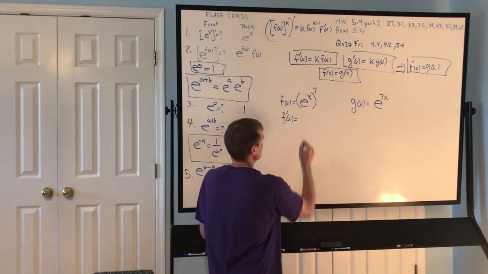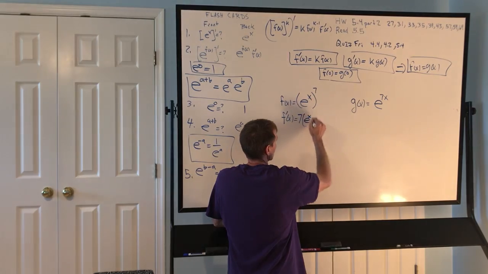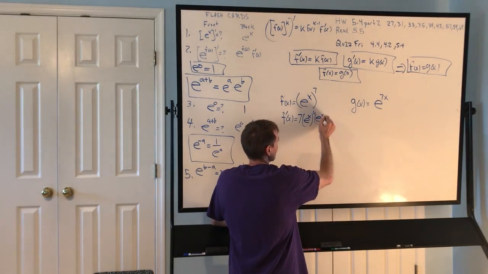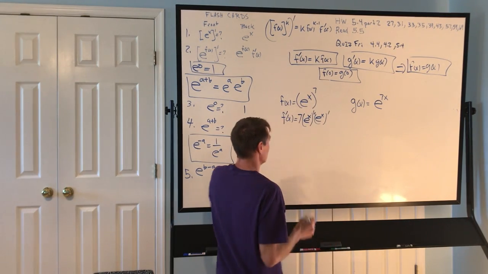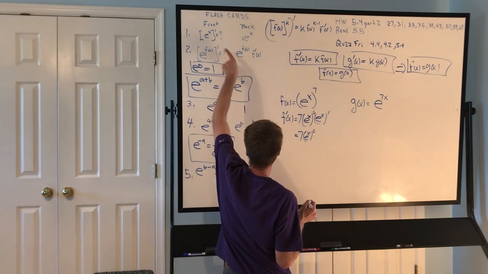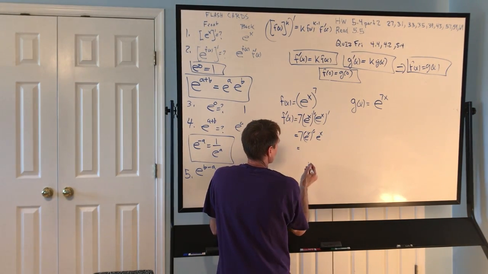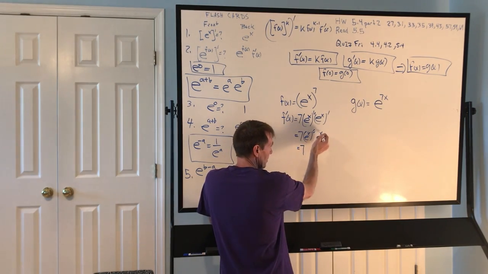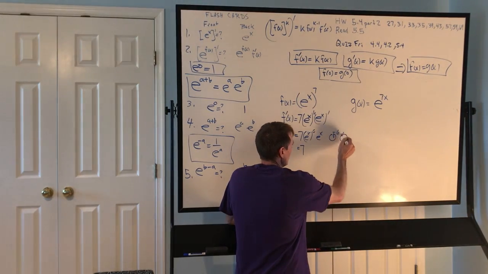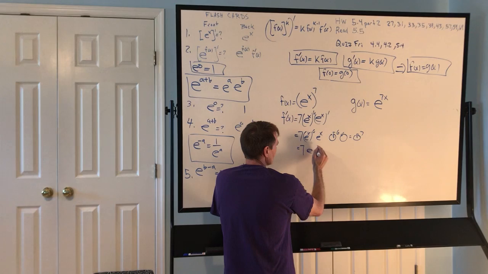So using that, this would be 7 times e to the x to the 6th times the derivative of e to the x. But the derivative of e to the x is just e to the x. So we get 7 times e to the x to the 6th times another e to the x. This is like an apple to the 6th times an apple, which would just be an apple to the 7th. This is e to the x